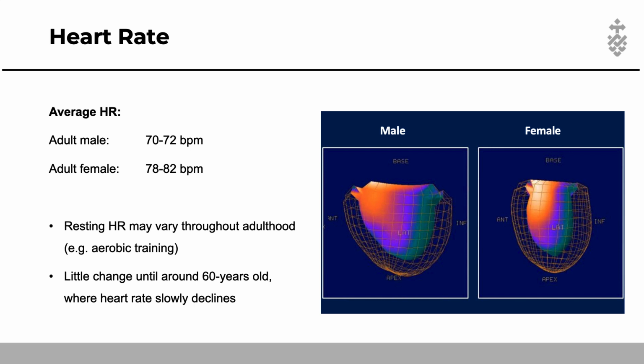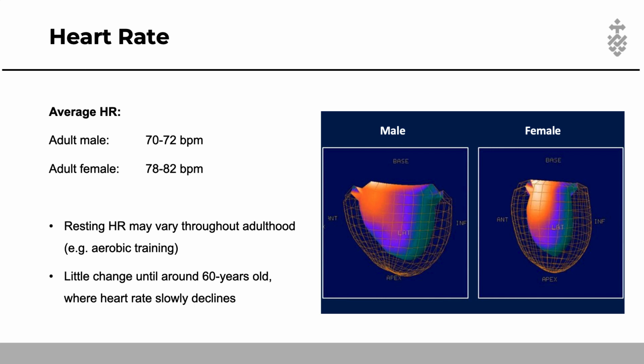The human heart beats approximately 70 to 85 times per minute in the average adult, and there's a pretty noticeable difference between male and female genders. The average adult male heart rate is between 70 to 72 beats per minute, while the average adult woman is around 78 to 82. And this difference is largely accounted for